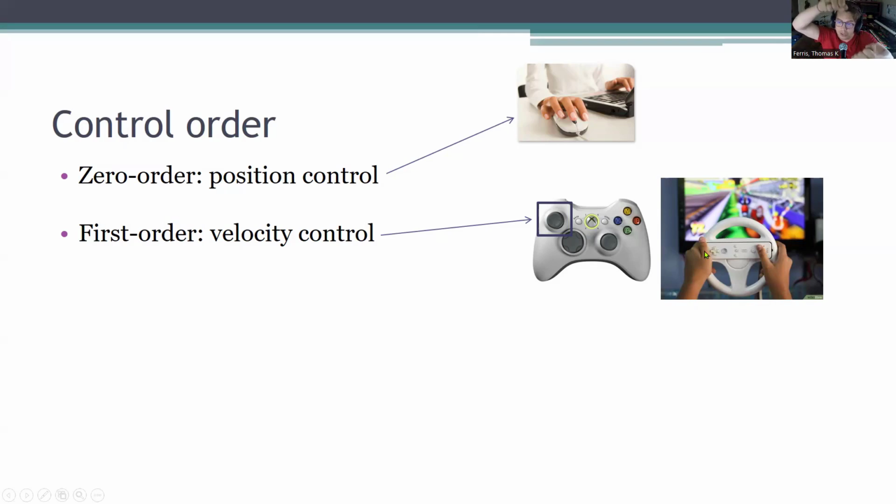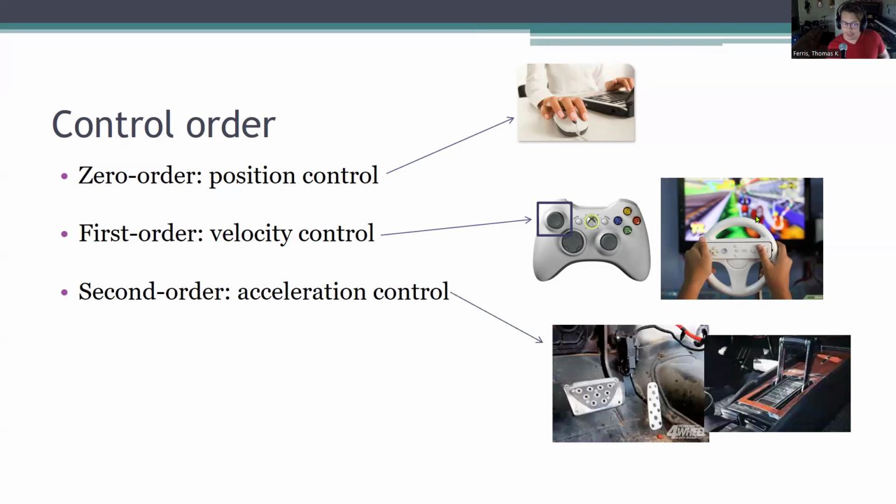So I'm changing the position of the control, but I'm affecting the velocity, the speed at which I move laterally in this game. Okay, so again, velocity control, first order. Take the derivative of that, and now we have acceleration control. The example here would be a throttle and brake system. If I change the state of this control, it affects the acceleration, or a second order of